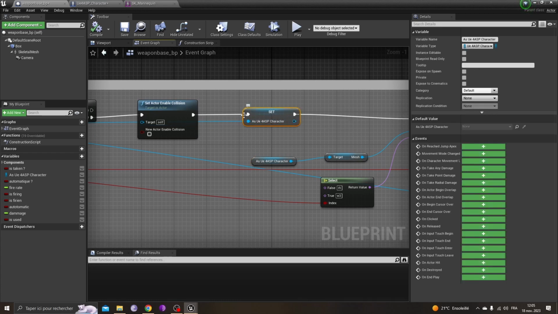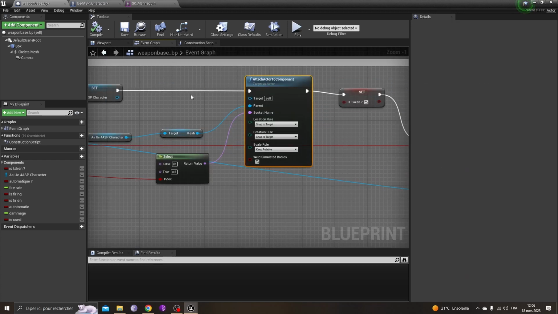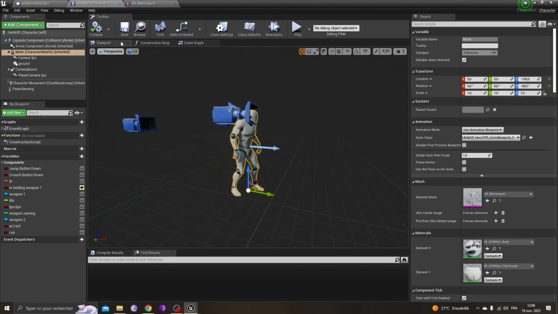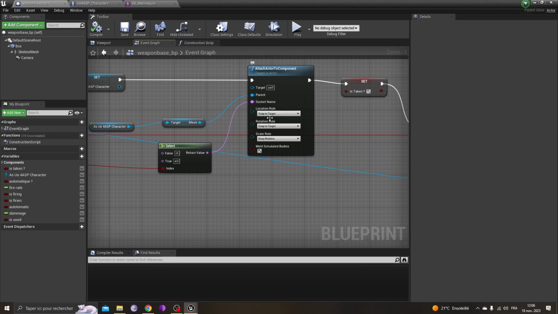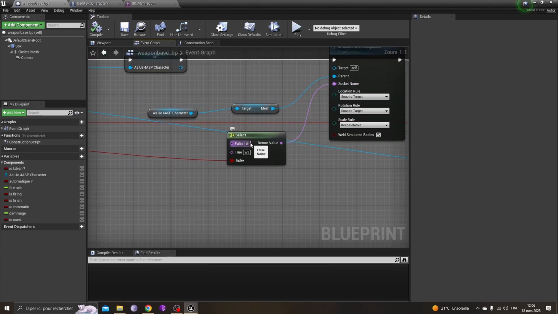And then I need to save my character blueprint here in order to use it later. And my weapon blueprint is going to be attached on my mesh. Okay, this is the skeletal mesh, and will be snapped to target for the location and the rotation. For the exact location, guys, I will need to use a socket, which will be right hand if my character is not holding a weapon, and if it is already holding a weapon, it will be attached on the